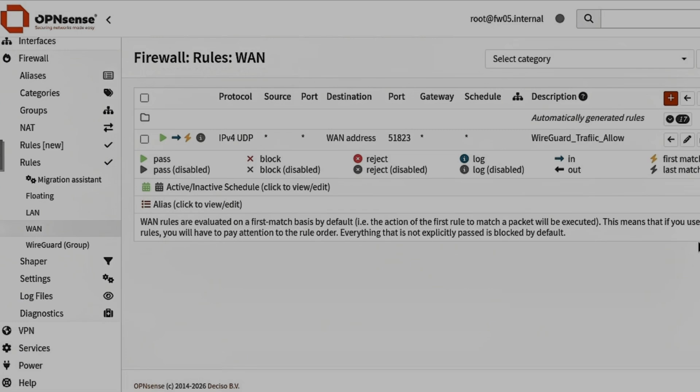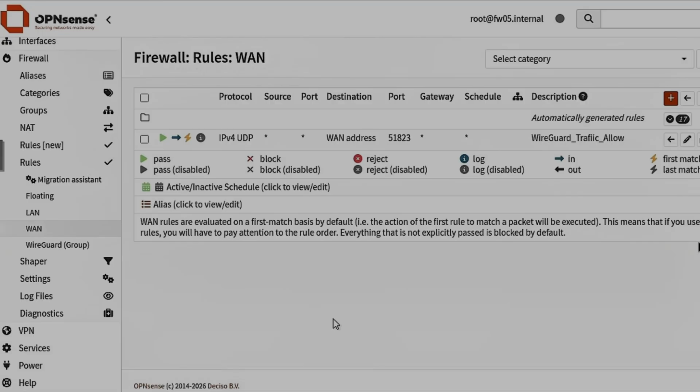Now we have set a rule for WAN only. Traffic will come and WAN will allow the traffic. But where this traffic is going, we just opened it for anything on port 51823, and it's not defined where. So in this step, we have to make a little bit more changes in firewall rules, but not on the WAN, because on WAN we already have defined that if traffic is coming for this specific port number, allow this traffic. And we already have set up this port on WireGuard, but we have to enable that as well,